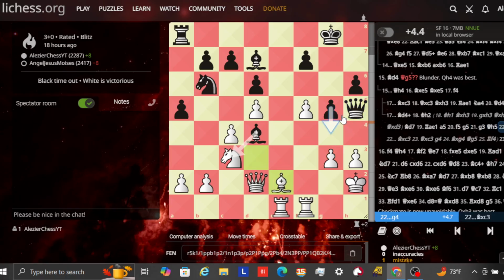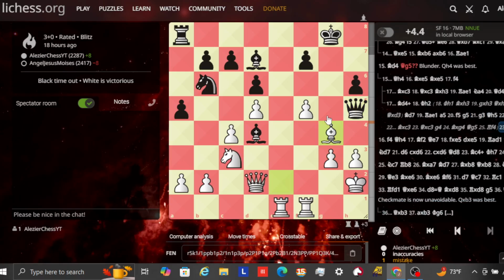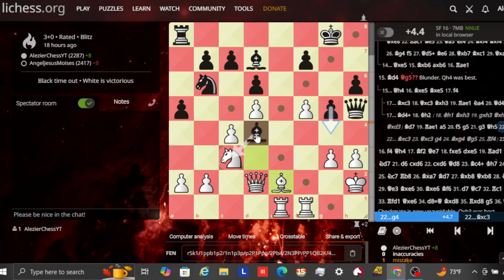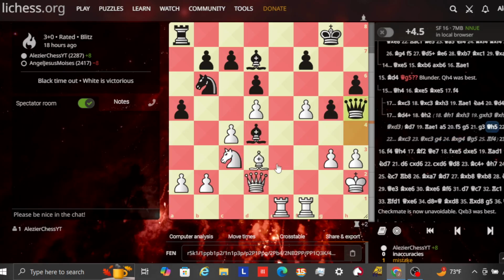If queen h5, bishop to e2, g4, the bishop's going to take and the queen's going to be forced to trade on g5. Or instead of g4 after bishop e2, there's bishop takes knight, queen takes bishop, and after g4, bishop takes. White is up king safety, he's up material, and he's up position on black. Black has nothing here. And as you can see from the eval, it's plus 4.7. So now,